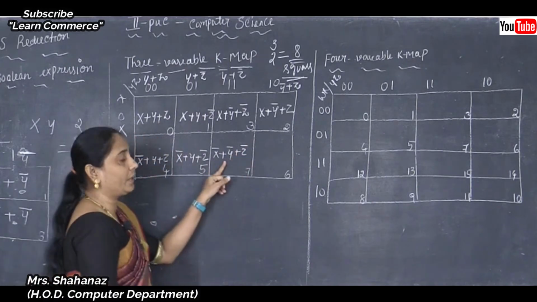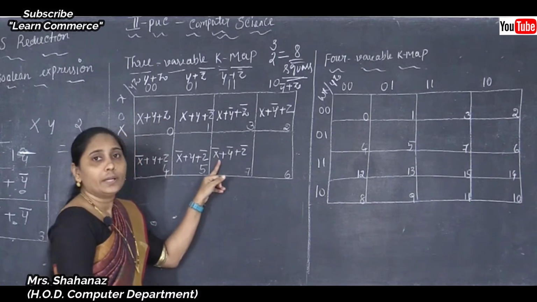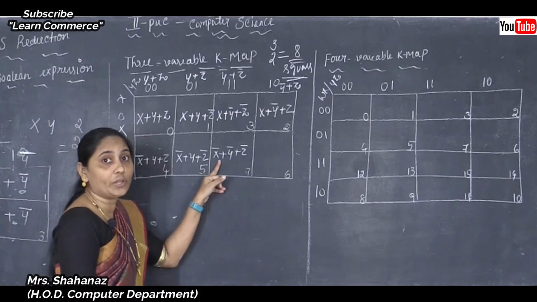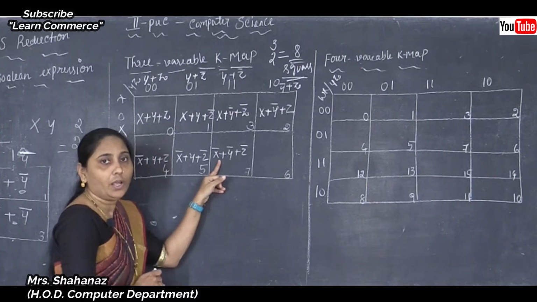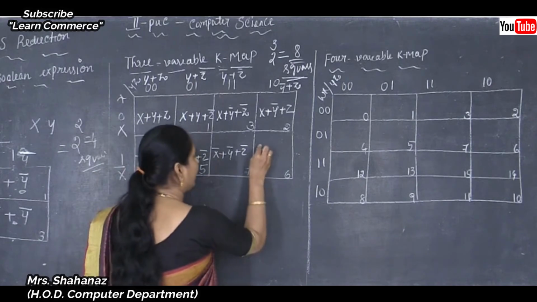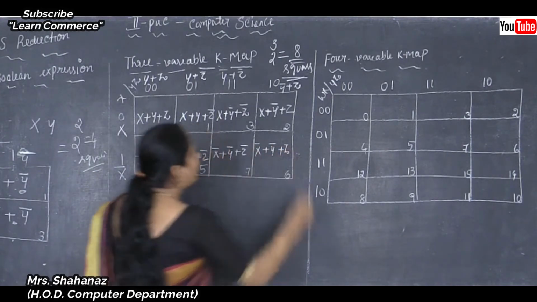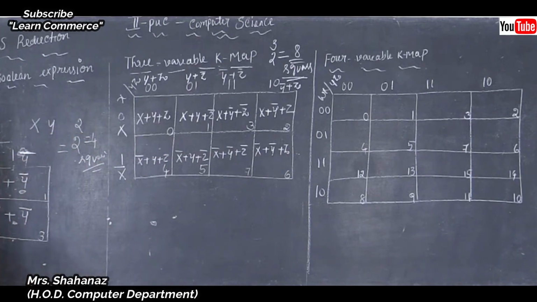So you should remember, in our 7th number, the value will get 1, 1, 1. So surely we can say the result is correct. We are working in a correct manner. Okay, complement x plus complement y plus complement z, and later the next one complement x, complement y plus, and lastly the z. So this is our 3 variable K map.